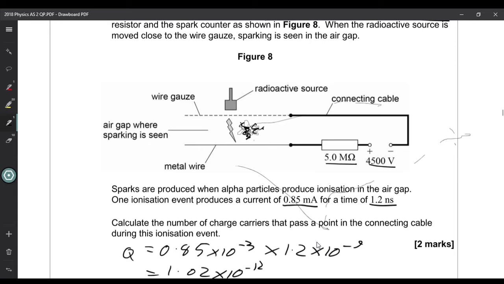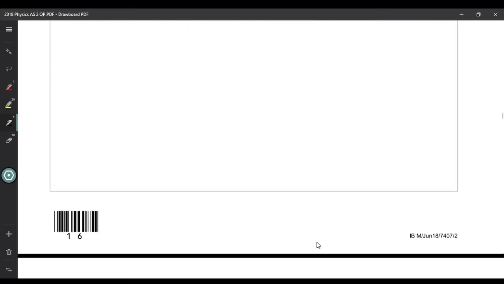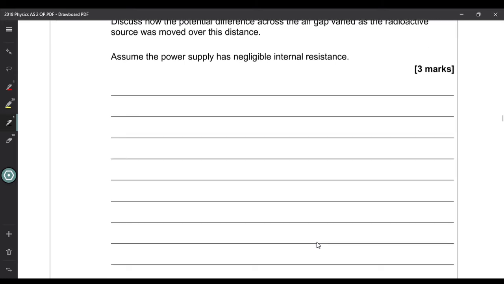And because essentially we then have a resistor in this gap, it is in series with the 5 megaohm resistor that's in the circuit. So if we start writing about what's going on step by step to see where we can get the marks from, we can say that when